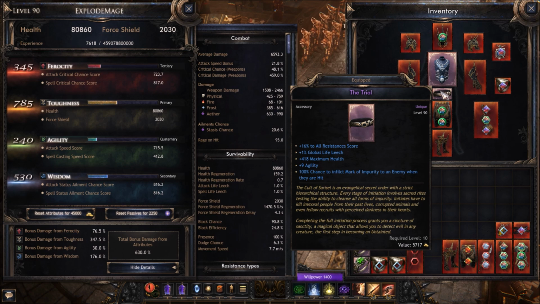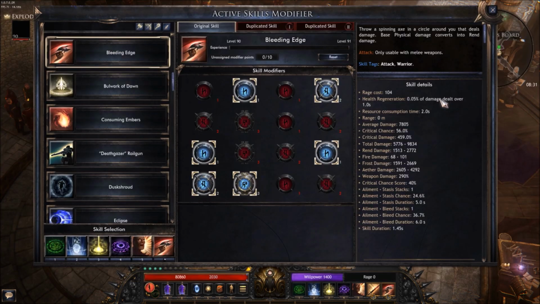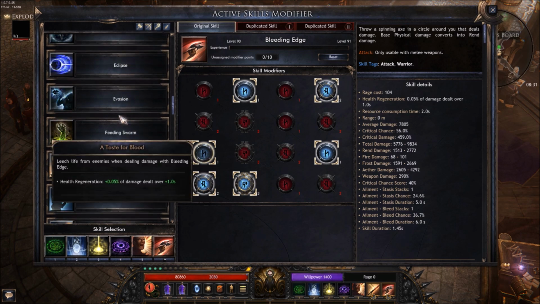And what this belt does is it gives you a 100% chance to inflict Mark of Impurity on an enemy when they are hit. So you don't even have to cast it. There's other items in the game that will let you cast Mark of Impurity, but this is a 100% chance to inflict it by hitting them. So it's huge. And so you don't have to slot Mark of Impurity. So if you look at your spells real quick and we go to it,